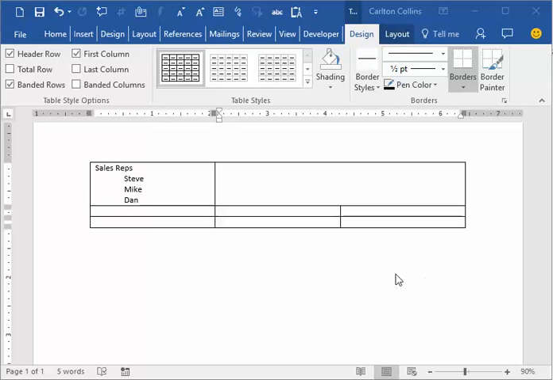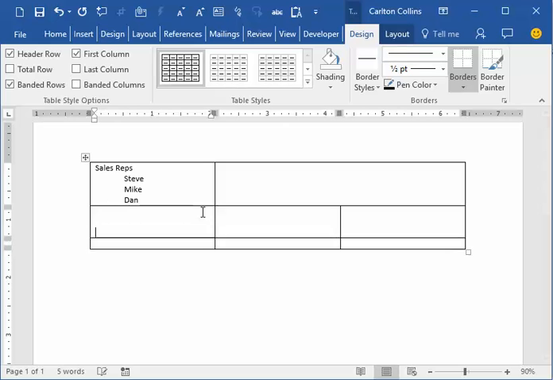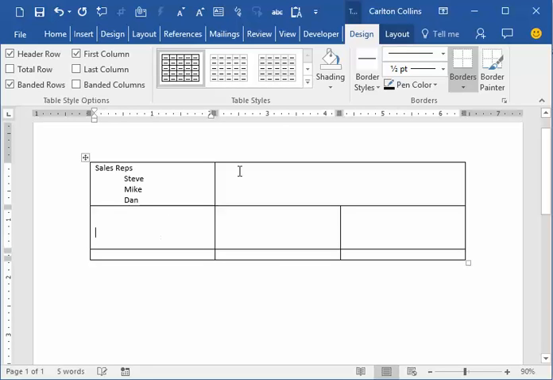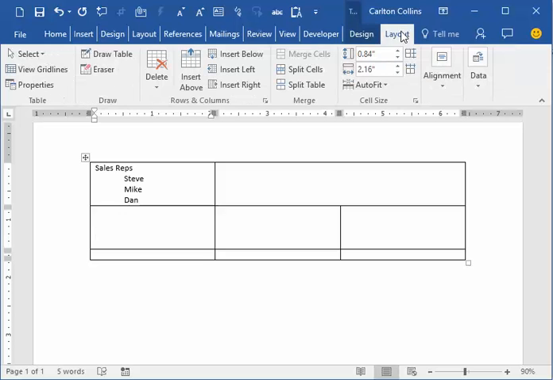Next, we're going to put in some diagonal cells. So as an example there, I'm going to make a cell a little bit larger, and I'm going to choose the cell which opens up my table tools. I'm going to go to the Layout tab and click on the Draw Table option. With the Draw Table option, my cursor changes into a little pencil icon, and I can click from one corner